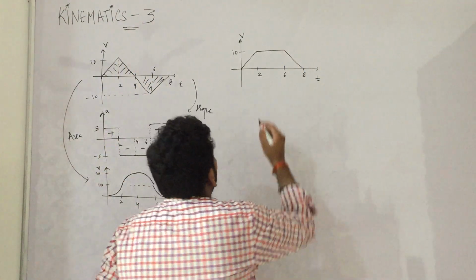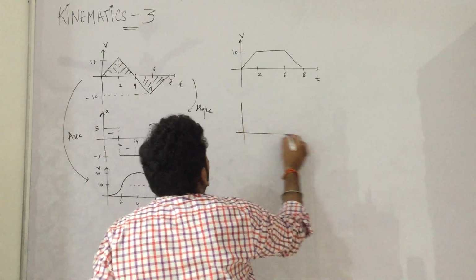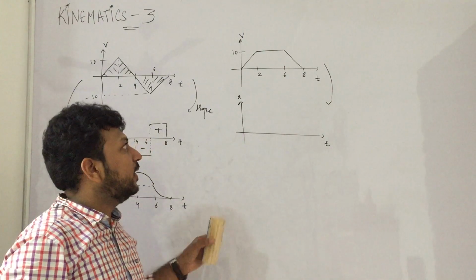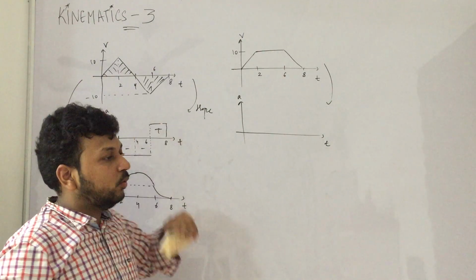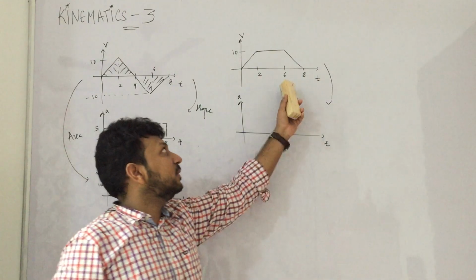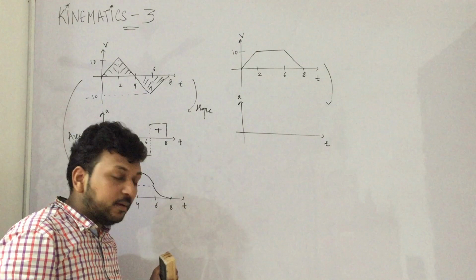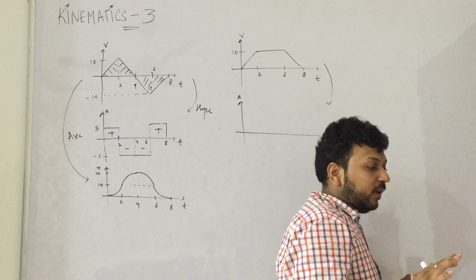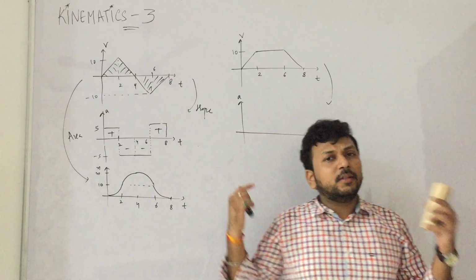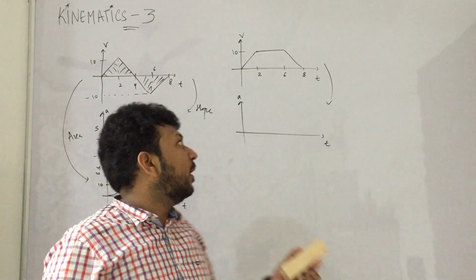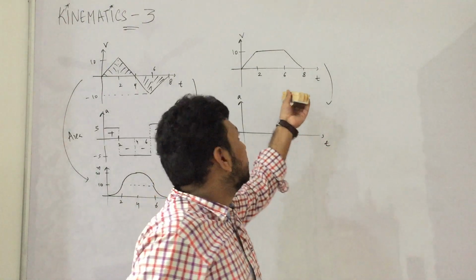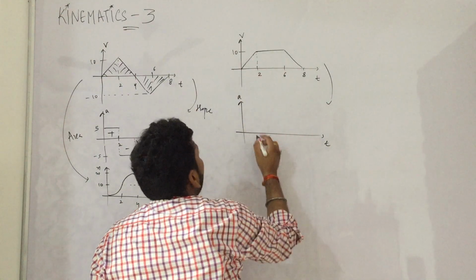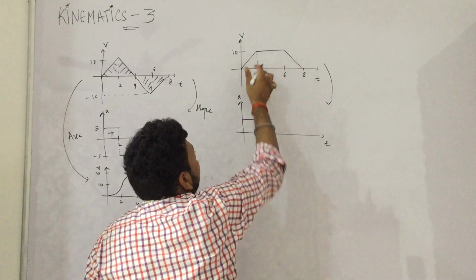So, solve doubts. Suppose this is the VT graph. Now, what is it? Let us qualitatively analyze first, then we will do the quantitative analysis. This is like going to the shop and coming back home. You are starting at 0 velocity, you will reach the speed of 10, you will move with constant velocity, you will apply brakes and you will stop at the shop. This is like a common man's graph, the Aam Aadmi graph.